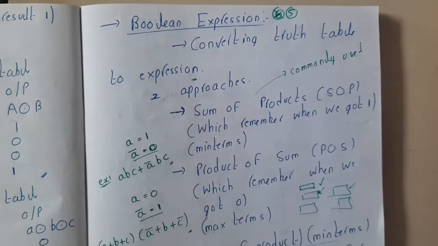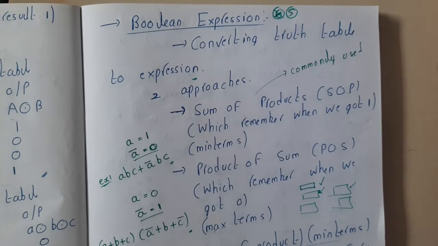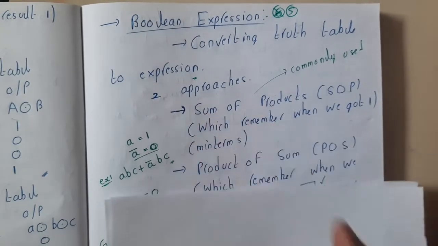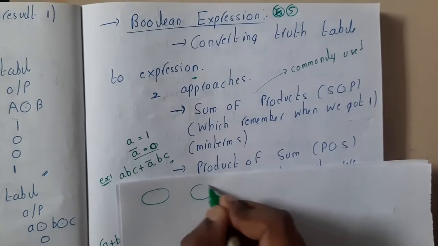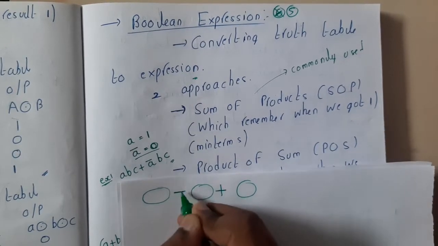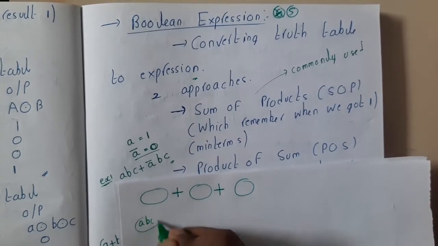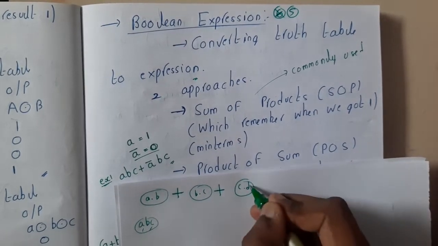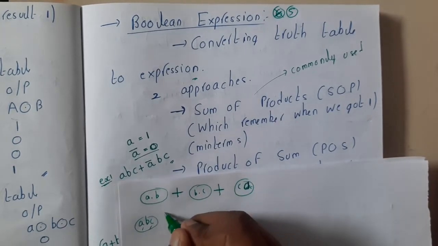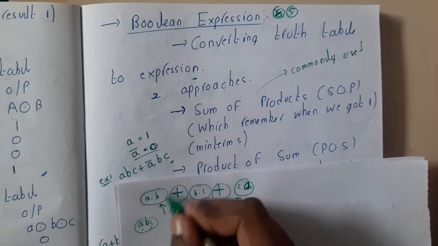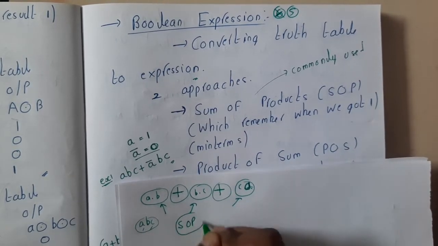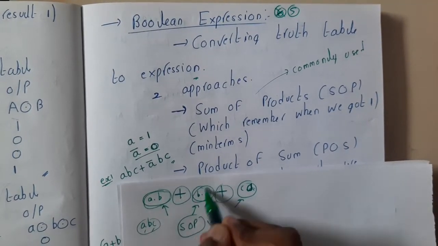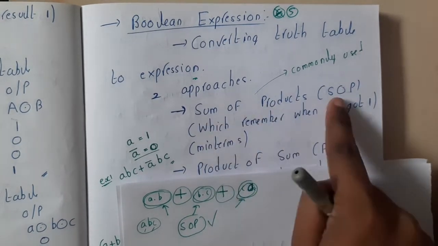The first one is sum of product. Most of you will be thinking, what is this sum of product first of all? It is a sum of products. There are some product terms for which we are going to apply sum. Let us take A, B, C as an example. There are 3 inputs. So A dot B, B dot C, and C dot A. Here these product terms are being added, right? That is what is meant by sum of product. That is the simple concept, guys: you are going to add the product terms. Got it? So sum of products, that is SOP, is commonly used.